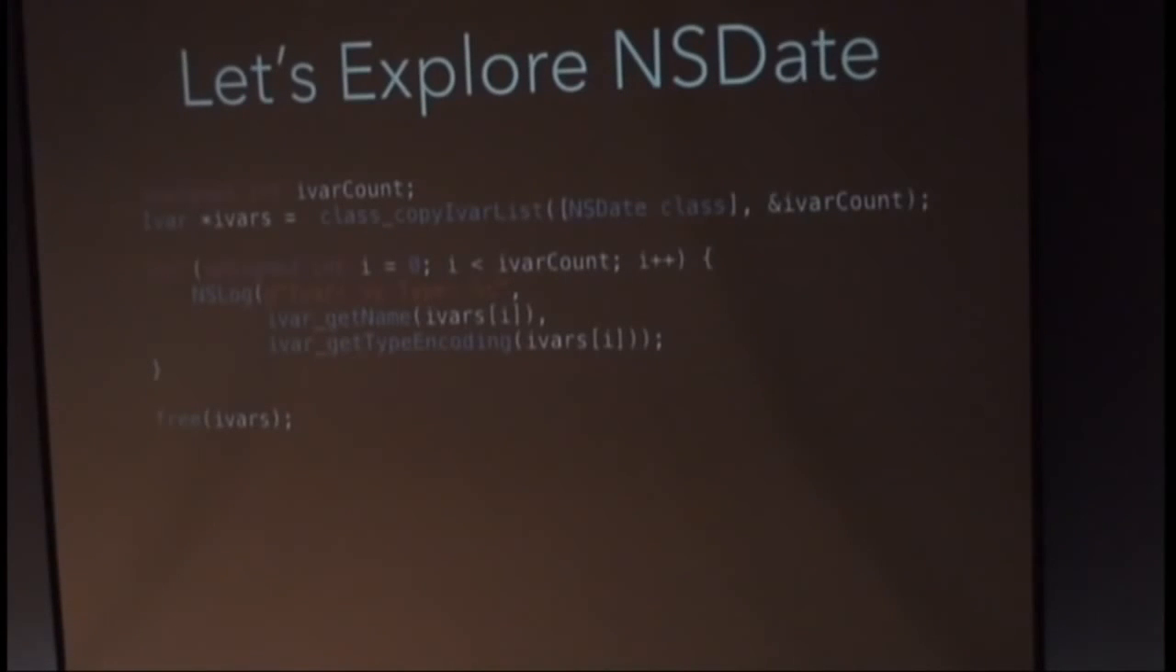So you go through with the Objective-C runtime, and you're like, all right, I'm going to get all of the instance variables of NSDate. I'm going to see how it's built. And so it's pretty trivial code to just iterate through them. And you go to it,